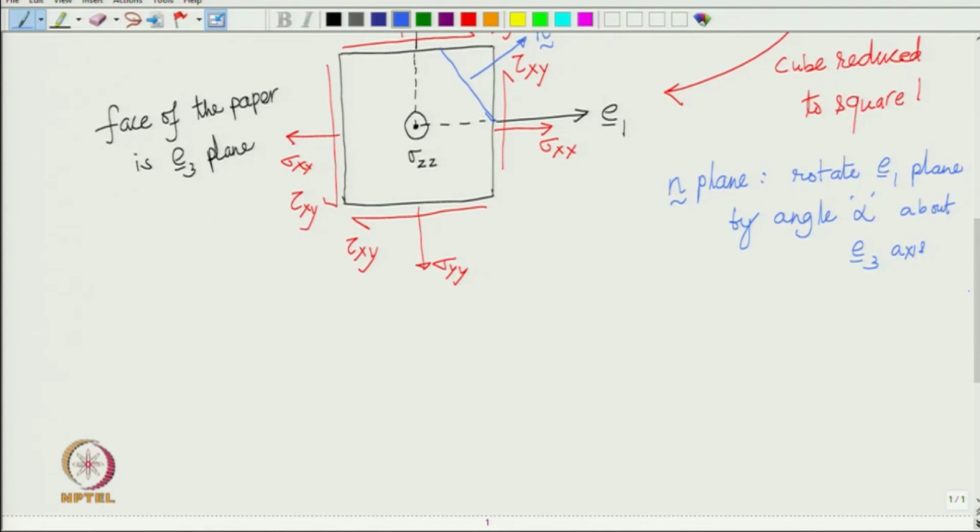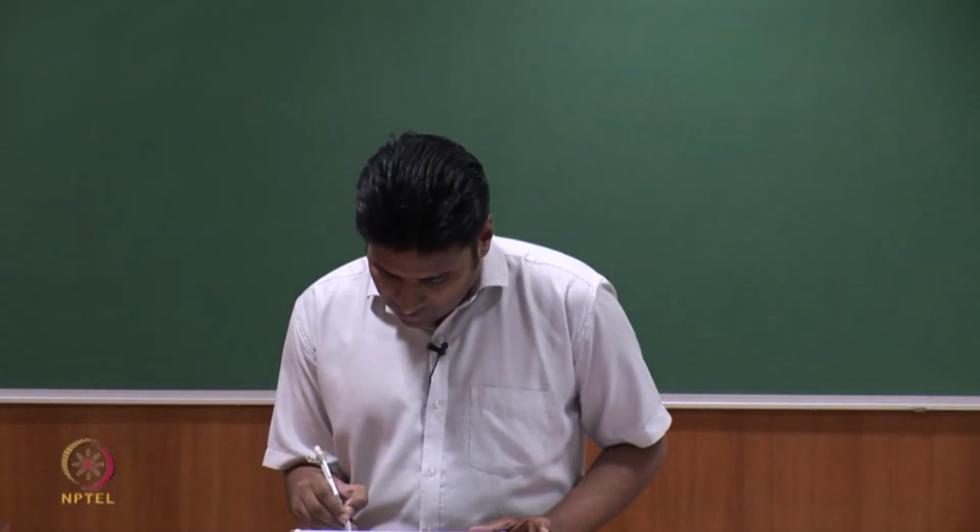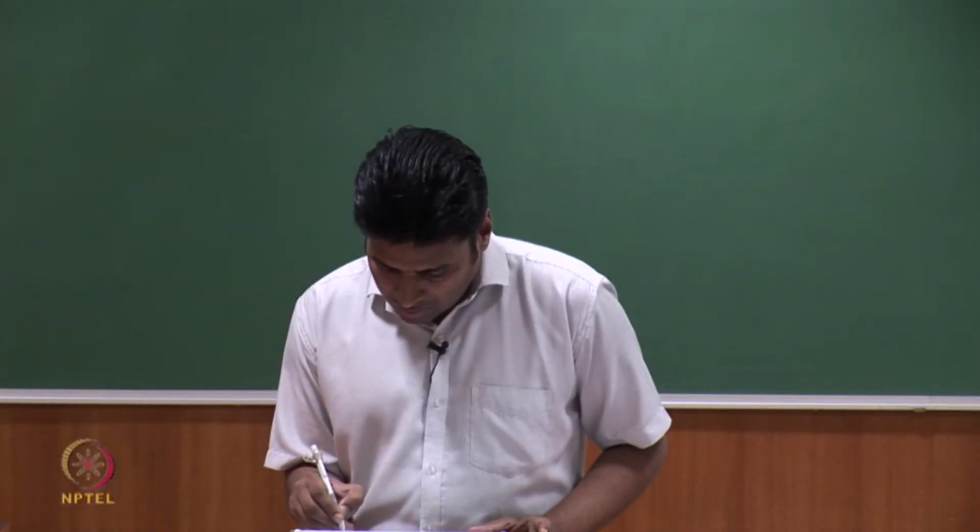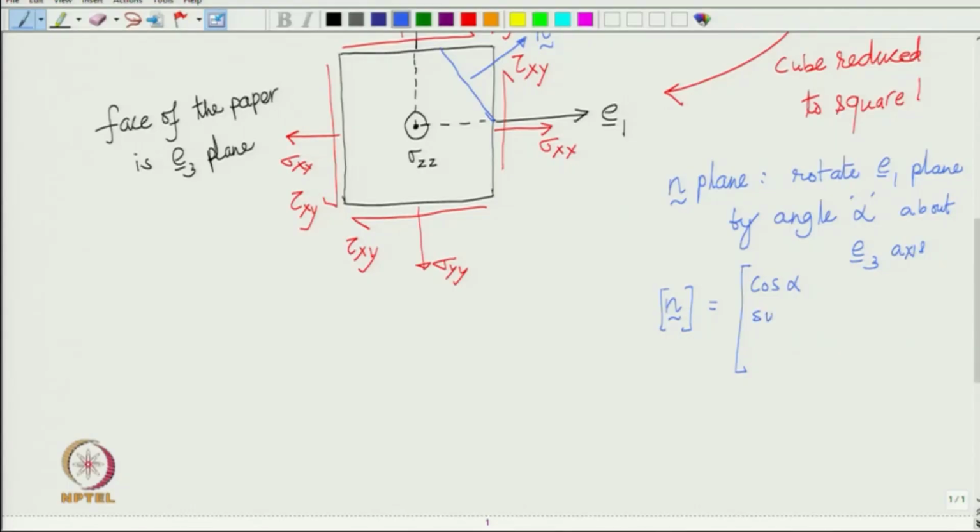So, what will be the column corresponding to n in this coordinate system? It is n1, n2, 0, and n1 is cos alpha, n2 is sin alpha, is not it? So, n1 is cos alpha, n2 is sin alpha, and n3 is 0. So, that is the n,